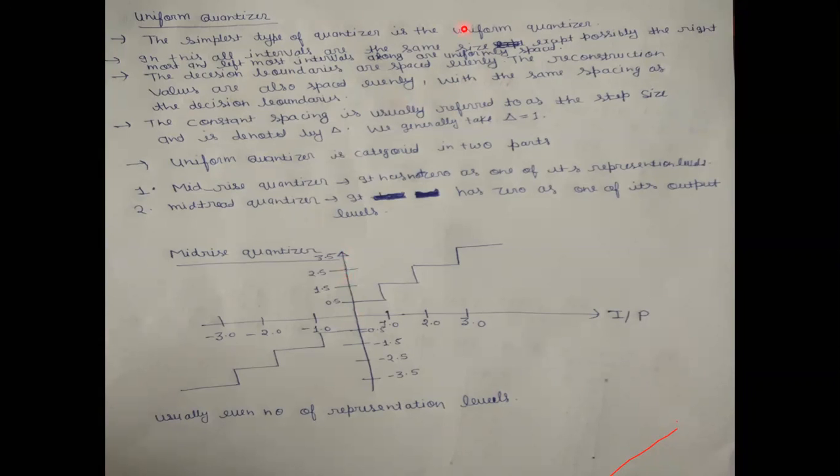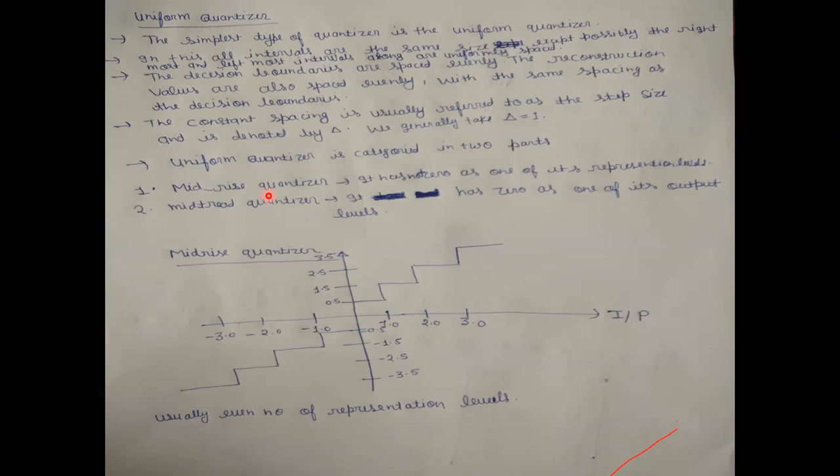This is the concept of mid-rise quantizer. In a mid-rise quantizer, we do not include 0 as an output value. We will always start from 0.5, 1.5, 2.5, 3.5, but we don't include 0 as an output value in the mid-rise quantizer. And because we are not using 0 as an output value, the number of representation values